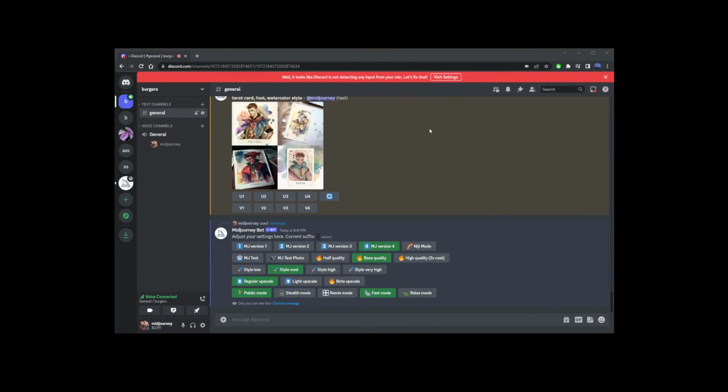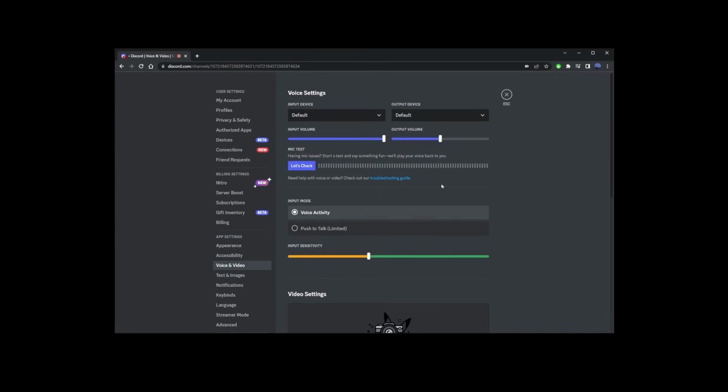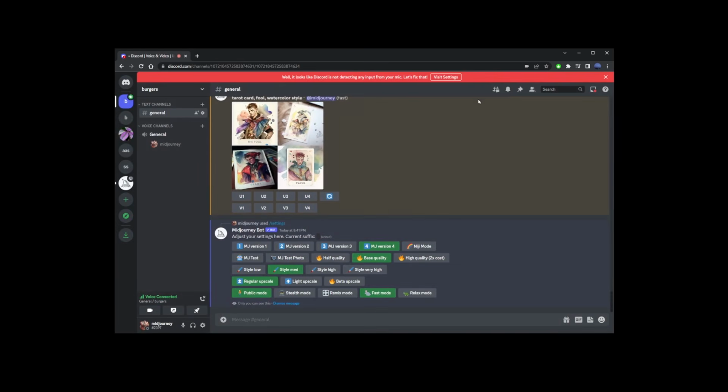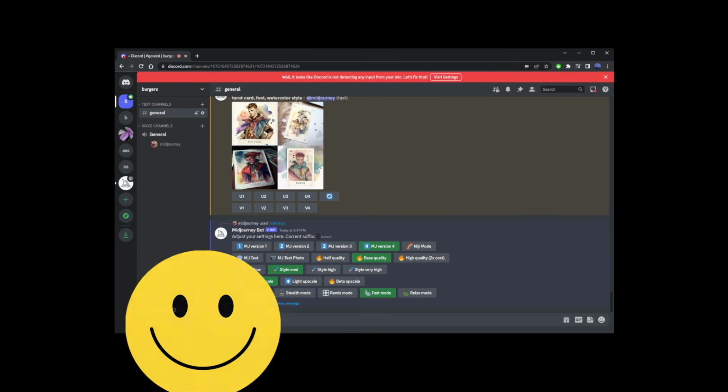If your microphone is not working in Discord, you're going to see this message. Well, it looks like Discord is not detecting any input from your mic. Let's fix that. So go ahead and click on Visit Settings button. Now, if you don't get that error message and your microphone is still not working, go ahead and go to